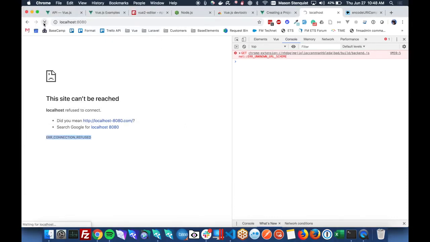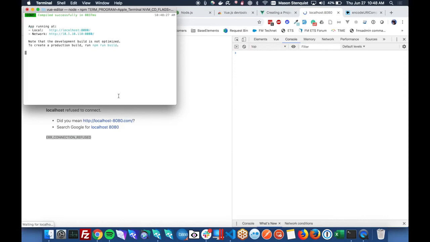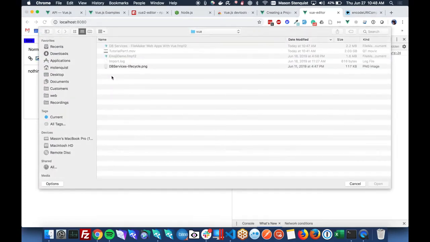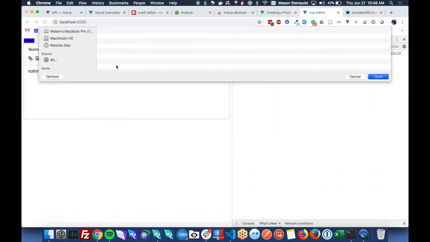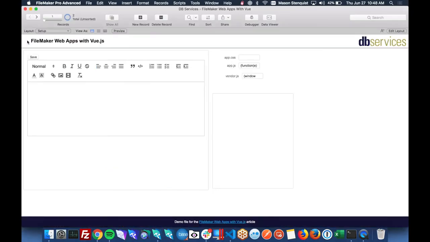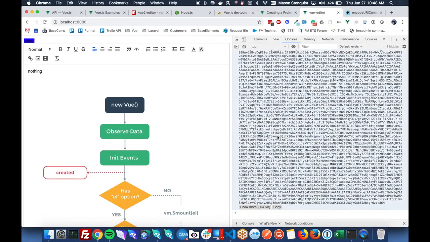Let's see if we can access it now. There we go. Still have our blue button. All right, so what's happening when we add an image? Sure, let's add that image. Hit save, console. Looks like it's coming in.